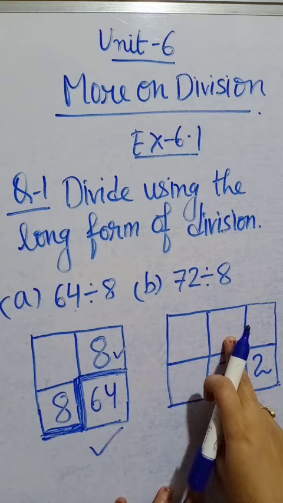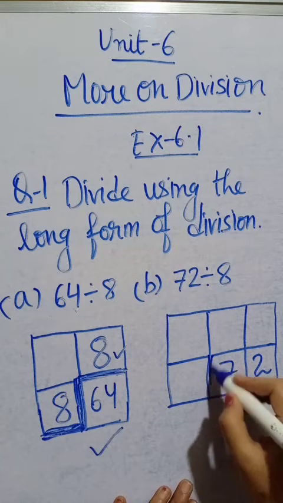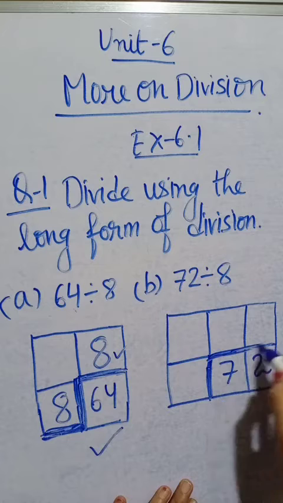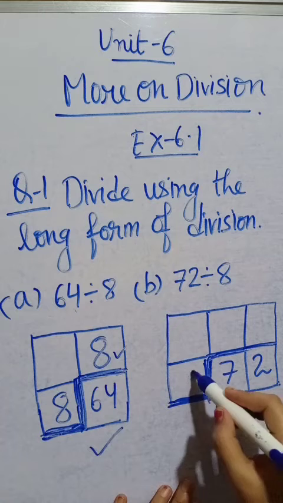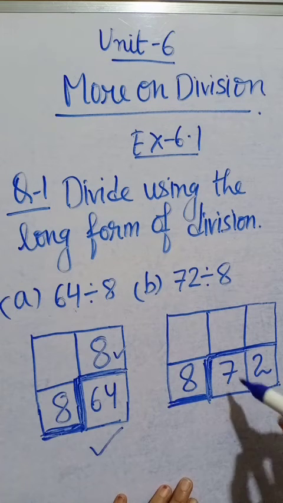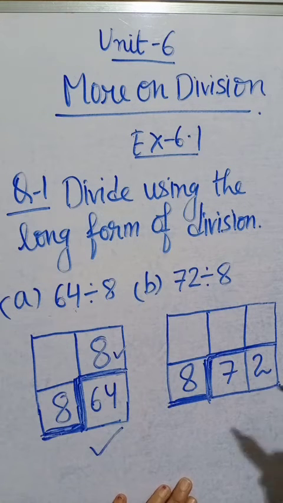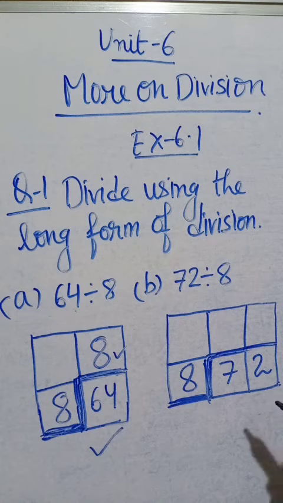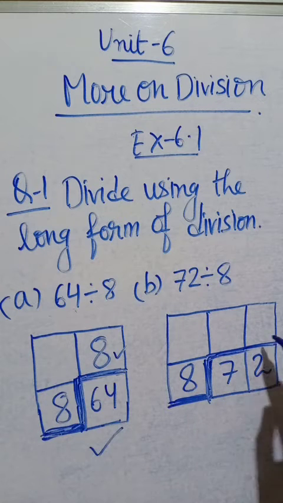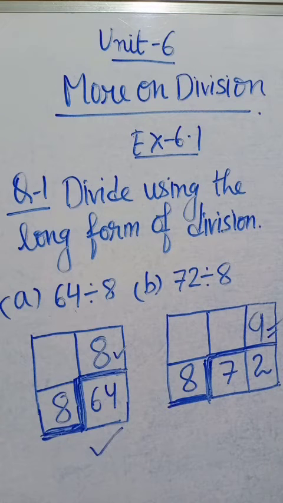Now we have to solve this question, 72 divided by 8. Again we have to make a darker line for showing. 8 will be on the left side and 72 is the dividend, that will be written inside. Now again we have to read the table of 8. It will be divided 9 times. So 8 9s are 72. 9 is the quotient here and 9 is the answer. Quotient is 9, it means we have solved it. I hope everybody understood till here.